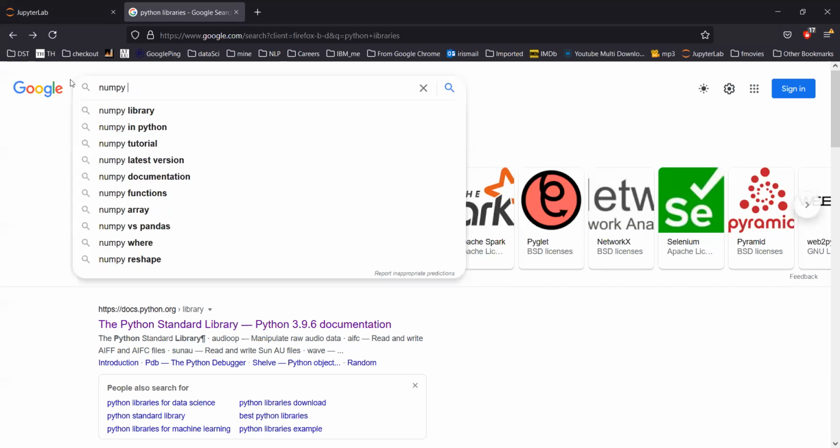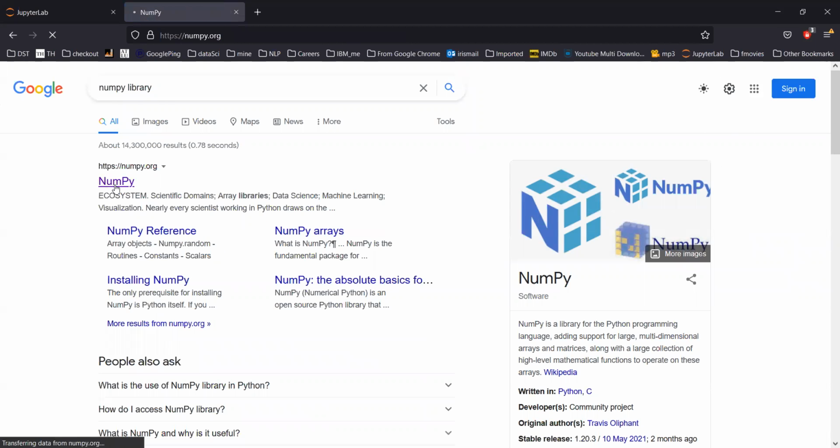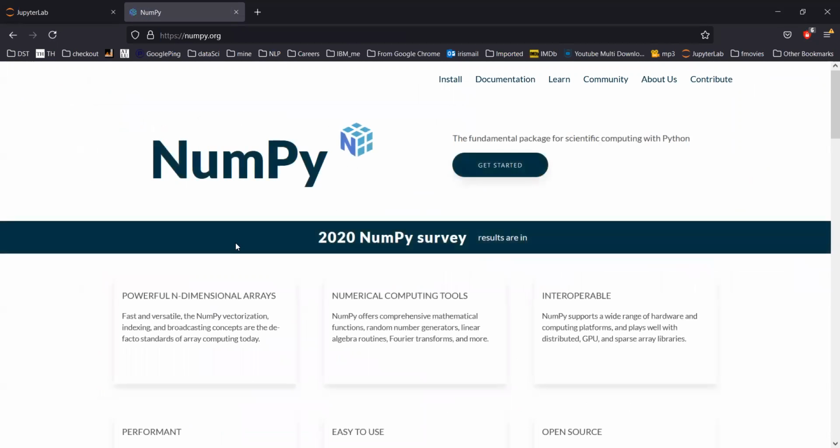Go to its documentation. Suppose NumPy, as I mentioned, I think it is the most used library in Python. Okay, and this library is used for all mathematical kinds of calculations. It has a lot of functions, and the good thing about NumPy is that it is pretty fast. And I'll explain why the libraries are fast. If the library is available, use the library. Don't write your own code.